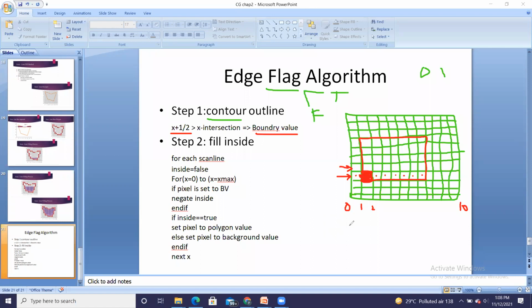So this is your 0th pixel and the intersection pixel is 1. Is the condition satisfied, is 0 greater than 1? No. So this pixel is not considered for our interest. All the pixels on the right hand side of the intersection are of our choice. And out of that, the leftmost pixel will act as the boundary pixel. Similarly, for the scan line above, this pixel will act as a boundary pixel.